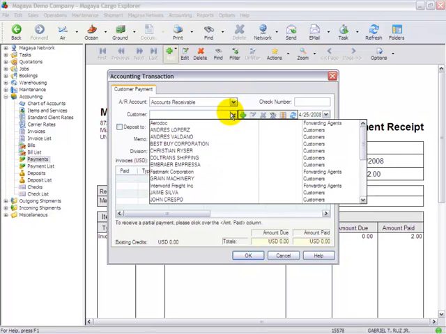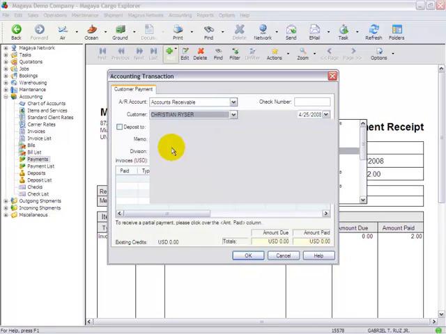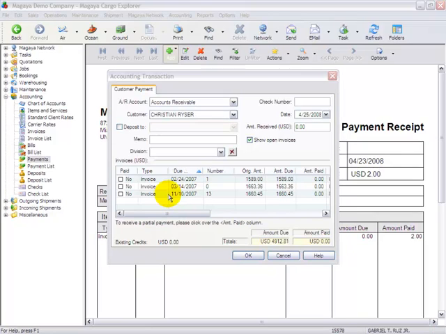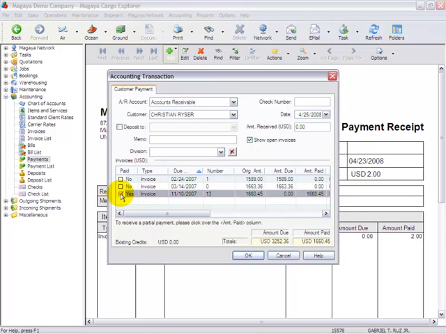Next, we select the customer from the drop-down list. And once we select the customer, we get the list of all the outstanding invoices in the bottom window. Let's assume we're going to receive a payment and apply it to an invoice in full. First, we select the invoice in which we would like to apply the payment against by placing a check mark next to Paid. As you can see, the system tells us the original amount is